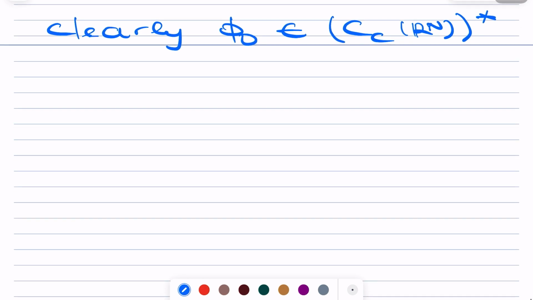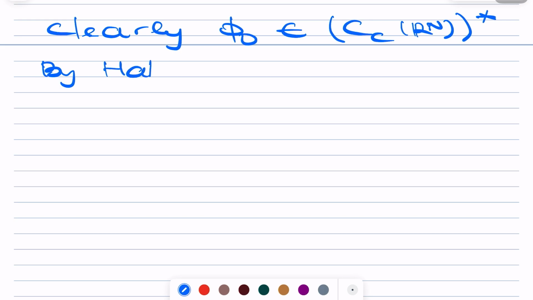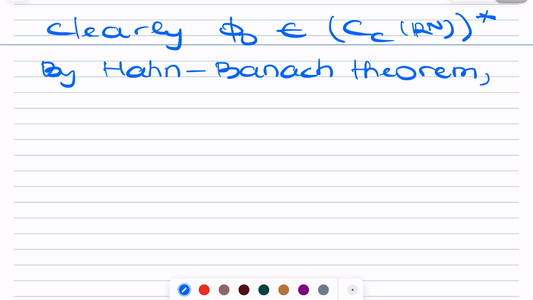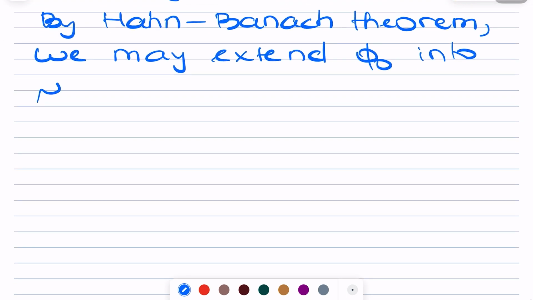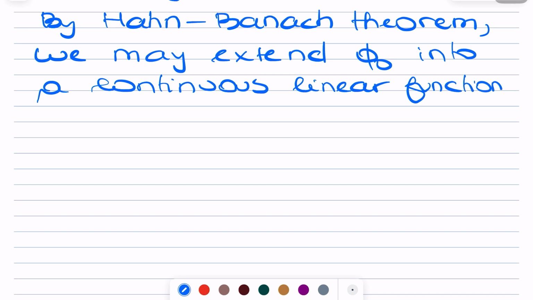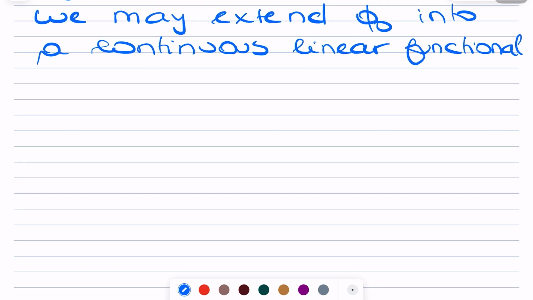So by the Hahn-Banach theorem, we may extend phi 0 into a continuous linear functional, say phi,